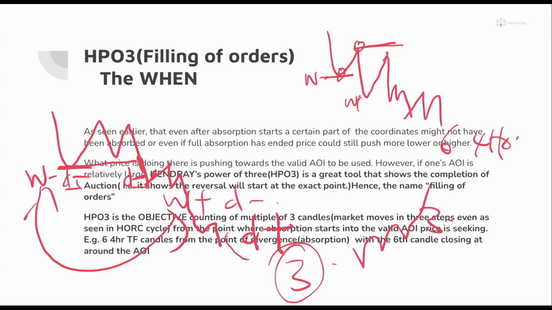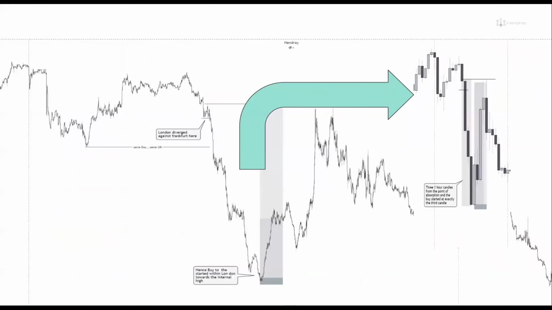You only need to check HPO3 after you notice your full absorption taking place. But the counting starts from when a certain absorption started. So the moment price started absorbing, that is when HPO3 confluence starts. So let's see, for example, this same London and Frankfurt divergence that I spoke about, from exactly that particular candle on 1 hour that raised that low, because the raid of that low, on Frankfurt's low, we say that sellers are there. For the aggressor, which is the London move, buyers are the ones that diverge.